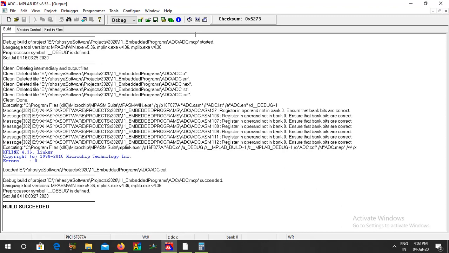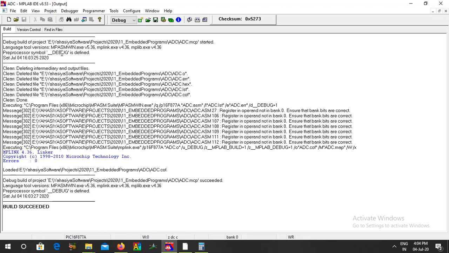Now I have to flash the program. To flash my program to the controller, I need a PICkit 2 flashing module. So I have it with me. Let me connect it with my PC. We connected that. Now I have to plug in my controller.